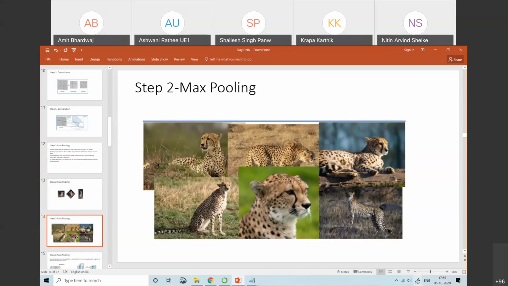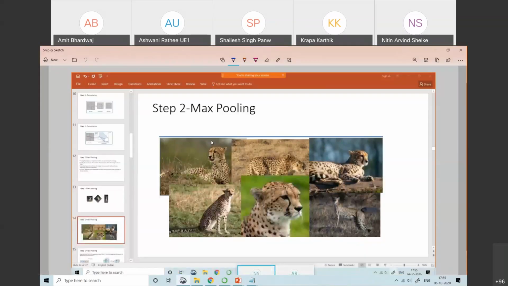So you'll get different poses of the tiger in the data set. Our model should be capable of predicting each and every tiger, whether it is a sitting tiger, sleeping tiger, right-headed or left-headed, whichever tiger it is.